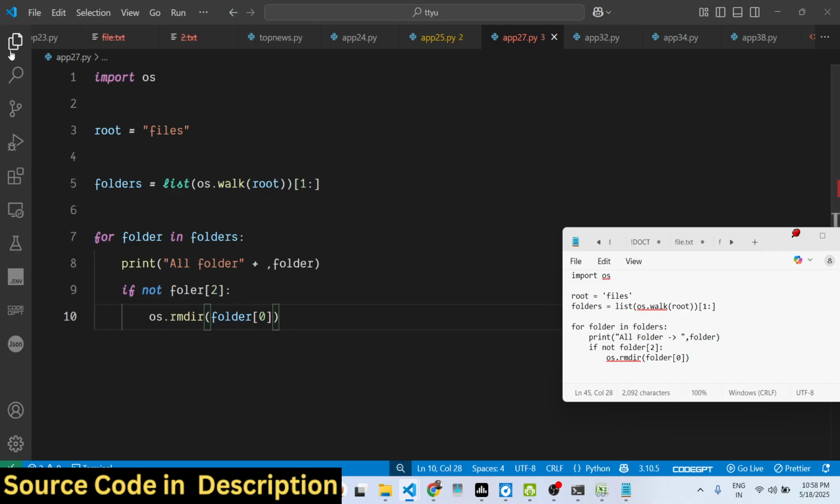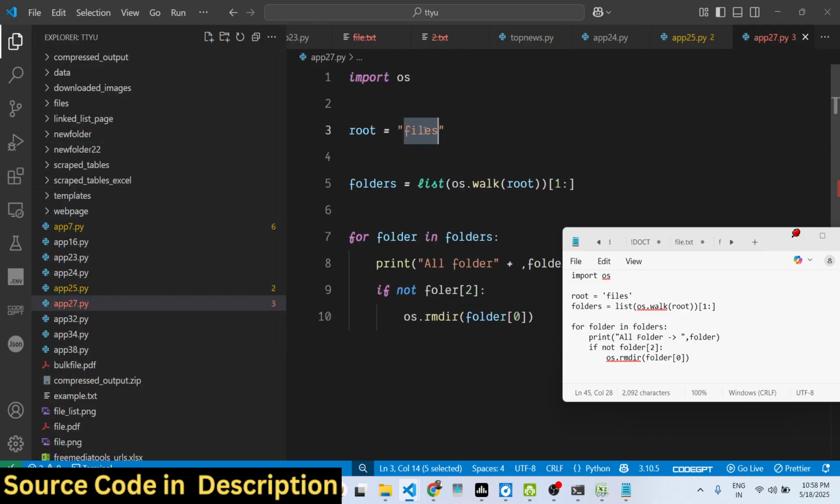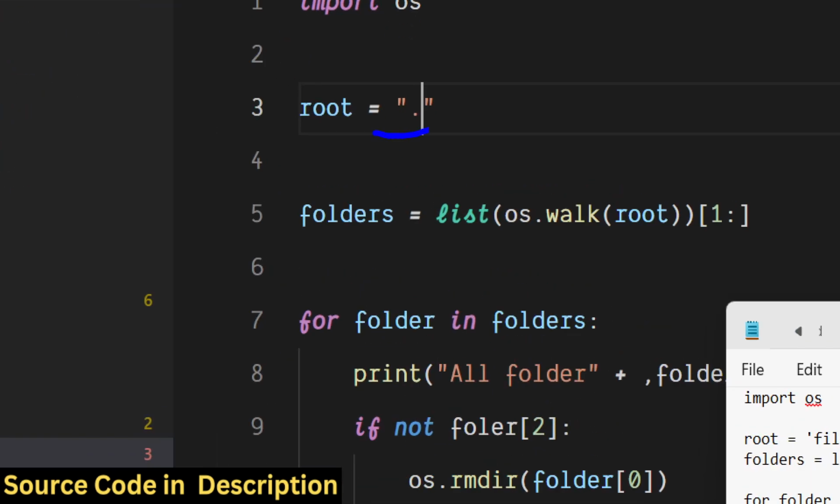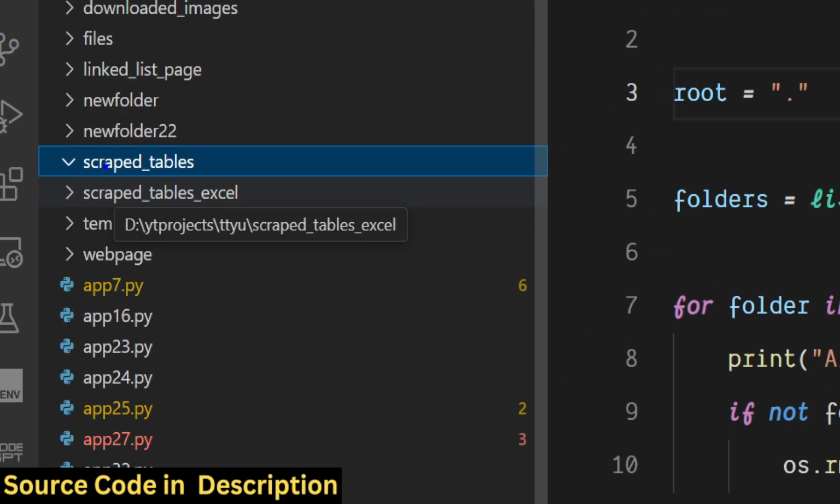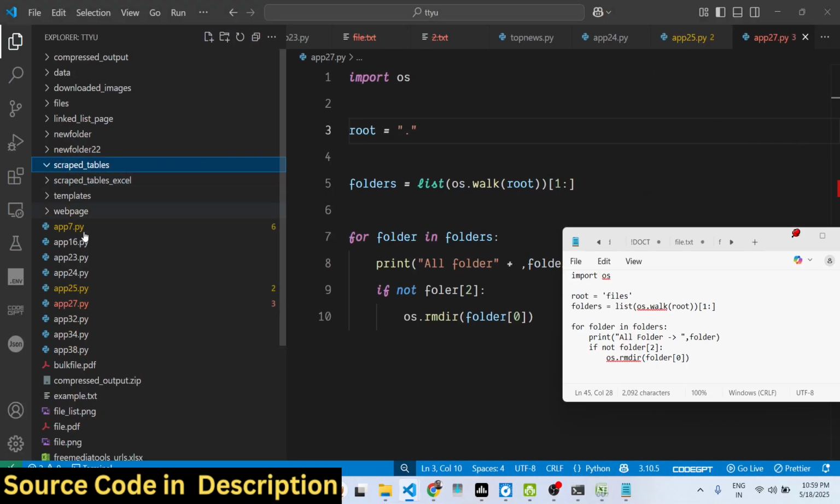So now if you run this, if you put dot here, this will treat the current working directory as the root directory. It will scan for all the empty folders which are there. As you can see in this, there is one empty folder right here, which is this folder. It doesn't contain anything. If I try to execute this script here,